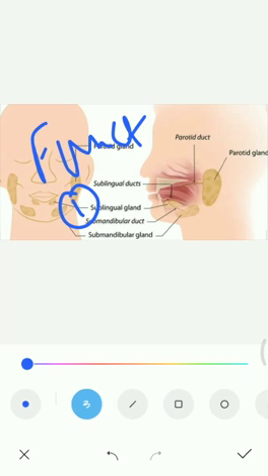The third function is that it helps in clearing the food debris from our mouth. Think, after eating the food, you do not have any debris left in your mouth. It is because of the saliva, because saliva helps in collecting all the food which is stuck in your teeth or any other part of your mouth, and it clears off all the food particles and allows them to go through the esophagus.